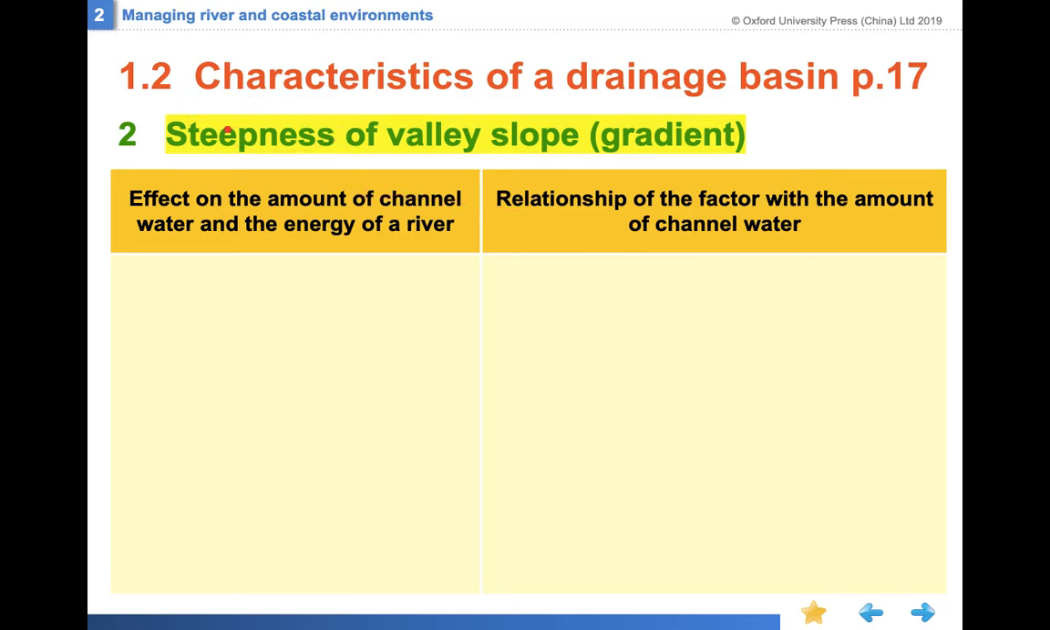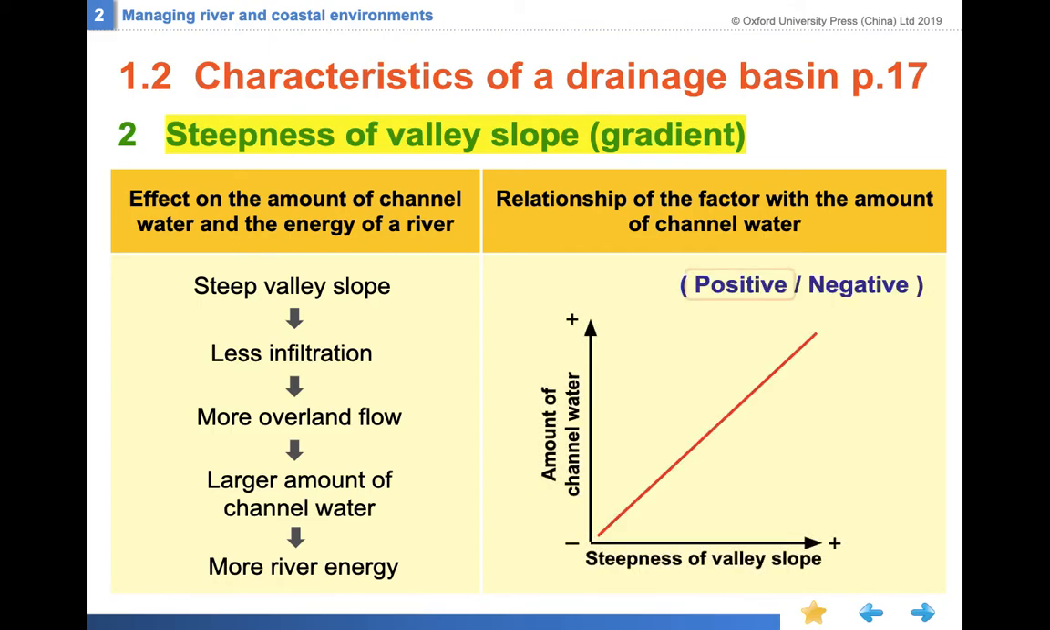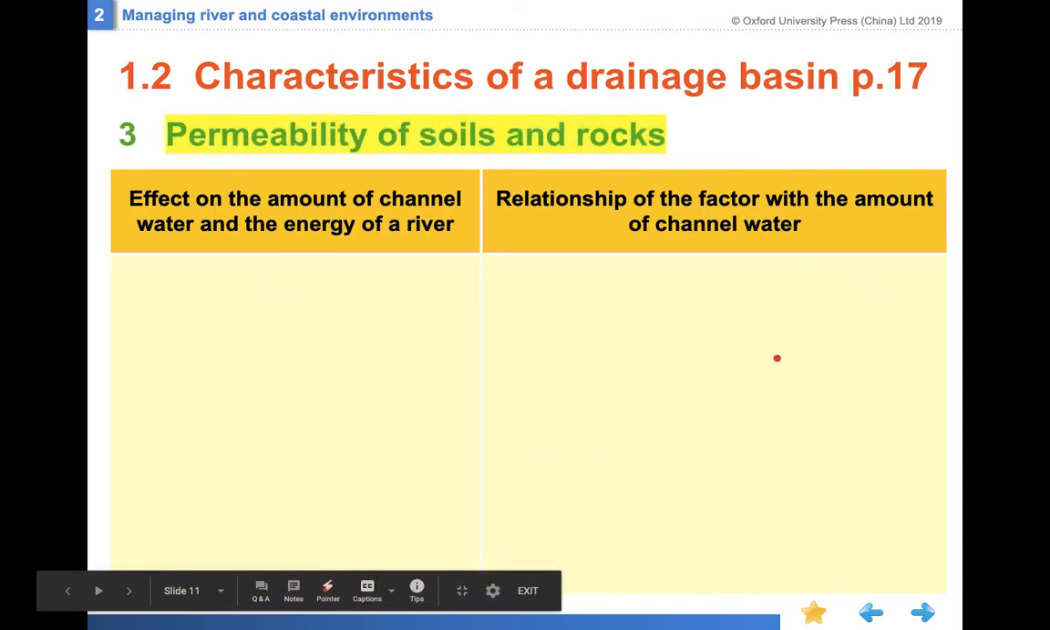Next, the steepness of the valley slope。越斜越少 infiltration，咁啊多啲 overland flow 啦，咁啊多啲水落個 channel 啦，咁所以就 more river energy 啦，一樣啦，正向嘅，越斜水越多。Permeability of the soil